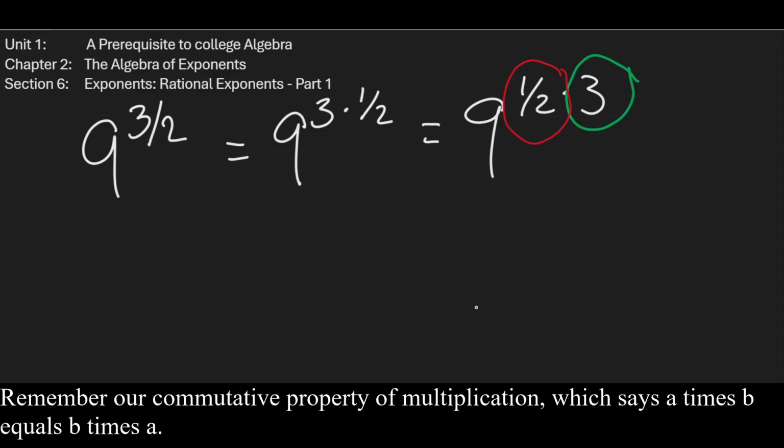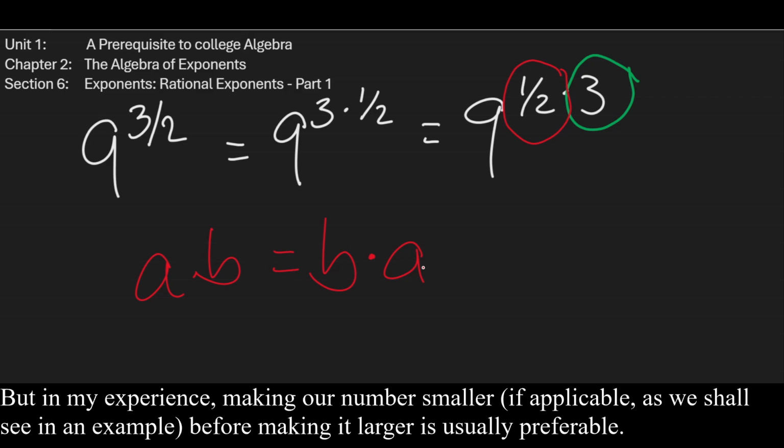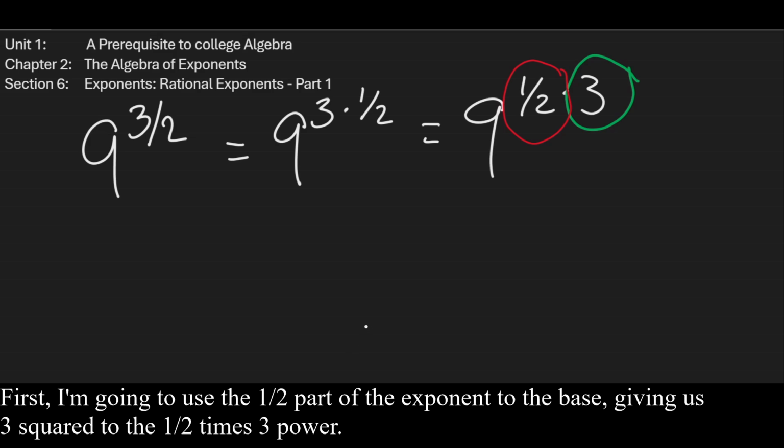Remember our commutative property of multiplication, which says that A times B equals B times A. It doesn't matter whether we use the 3 or the 1/2 exponent part on our base first. But in my experience, making our number smaller, if applicable, as we shall see in an example, before making it larger is usually preferable. First, I'm going to use the 1/2 part of the exponent on the base, giving us